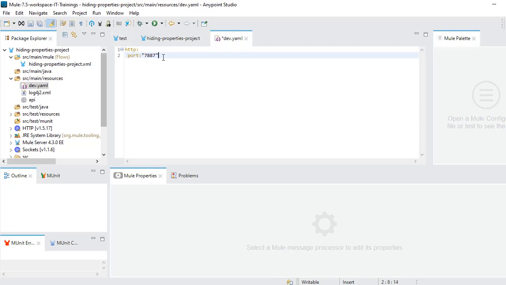So http.port, and we can call the path similarly. We have configured only two values, HTTP port and path. Let's see how we can invoke these values from the properties file.